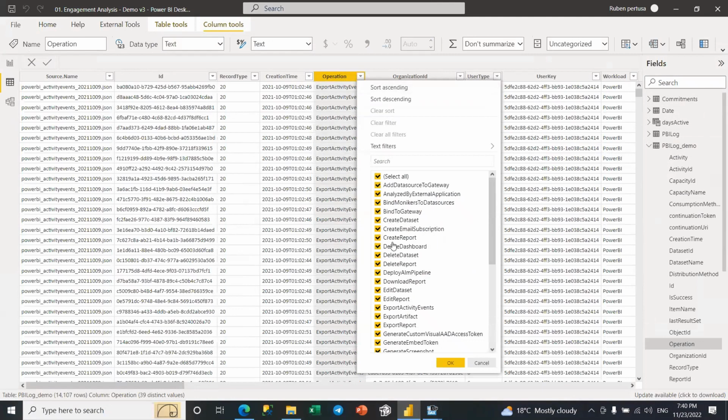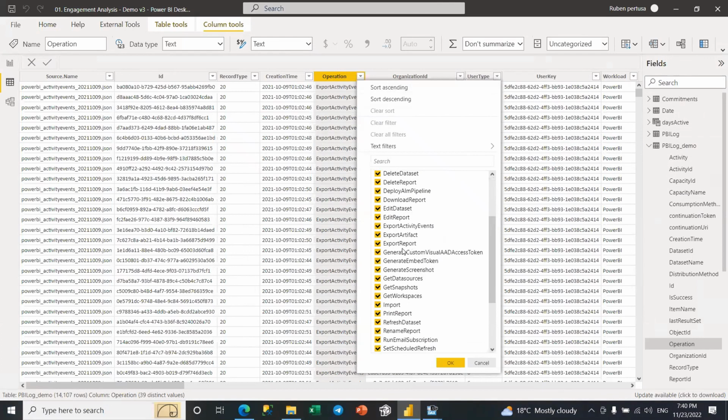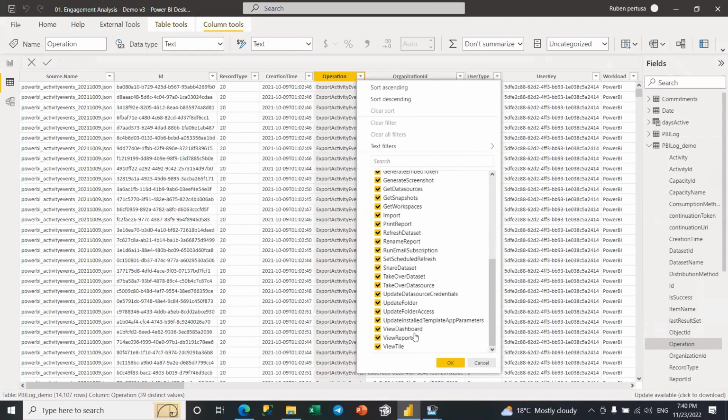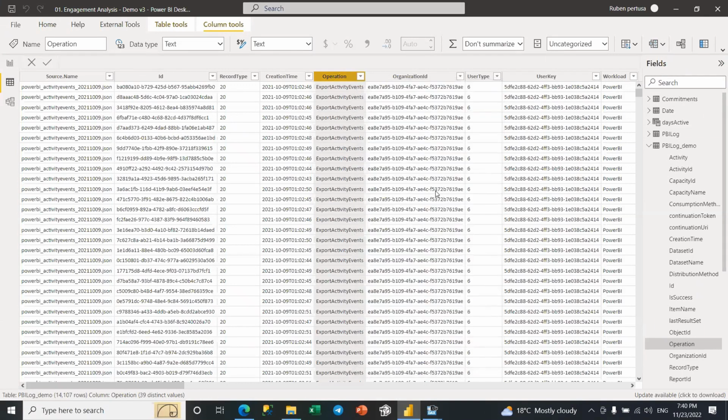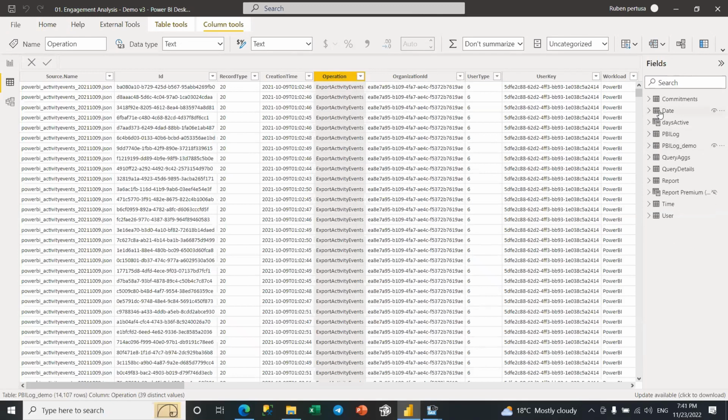We can measure if they delete a dashboard, if they create reports on their own, if they're exporting the data of a report, which is quite important for understanding how useful the dashboards are, the clicks, which is the view report, and any other activity that is happening. This comes through the activity log API that we store in the data lake, and then we query and ingest into our Power BI. And on the other side we have the time, the user, and the commitments.